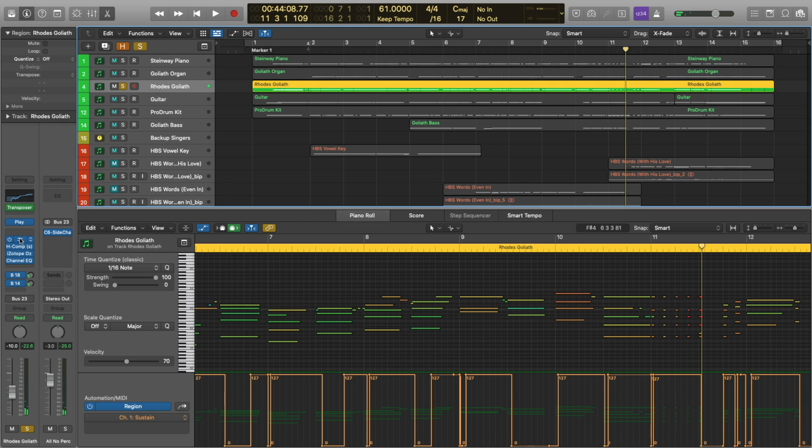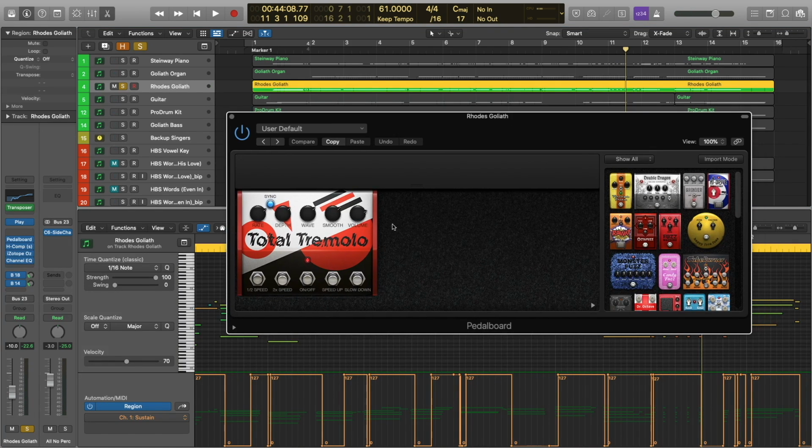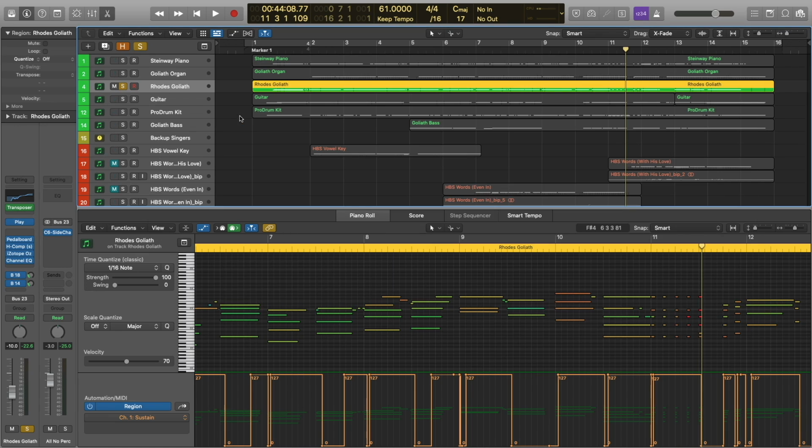I should note that I am applying a fun effect in Logic here. This is just the pedal board. It's a stock Logic plugin, and I'm applying a tremolo to it. It's a stereo tremolo, and you can see all my settings right here. Just a really fun way to add some cool color to a Rhodes.